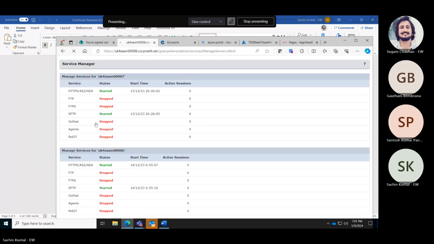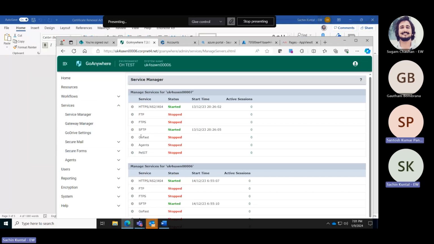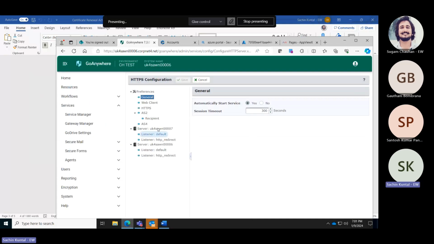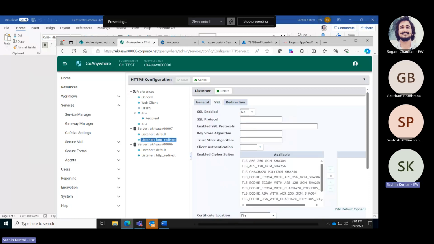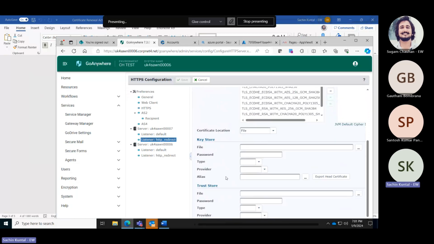Gateway Manager, Service Manager, and you can see we are able to see both this UK 4 and UK 6. So these are the two MFTs that are there in load balanced mode right now. So if you go over this HTTPS option again, click on edit, you can see this server. Click on this SSL tab, and again if you scroll down,